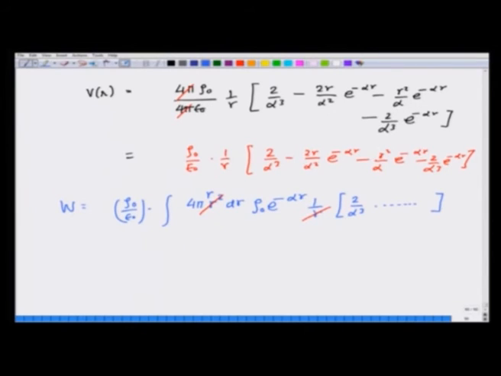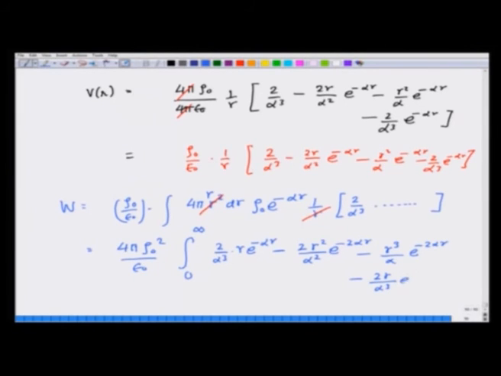So, I get 4 pi rho 0 square over epsilon 0, integral 0 to infinity. I will take this r inside and I get 2 over alpha cubed r e raised to minus alpha r minus 2 r square over alpha square e raised to minus 2 alpha r minus r cubed over alpha e raised to minus 2 alpha r minus 2 r over alpha cubed e raised to minus 2 alpha r dr